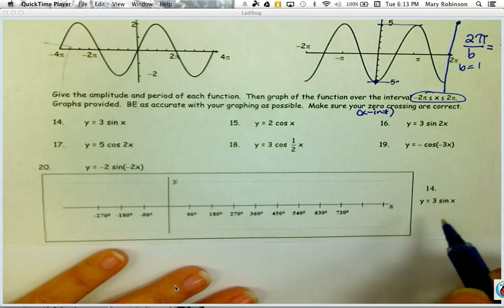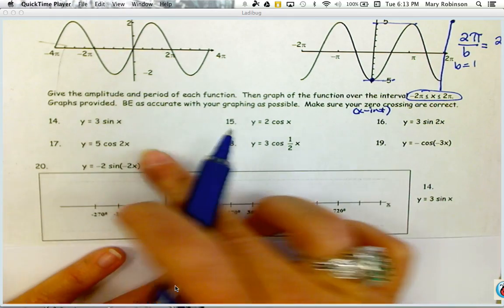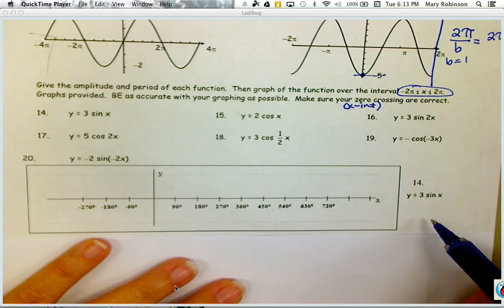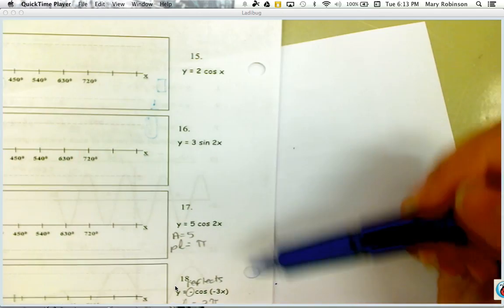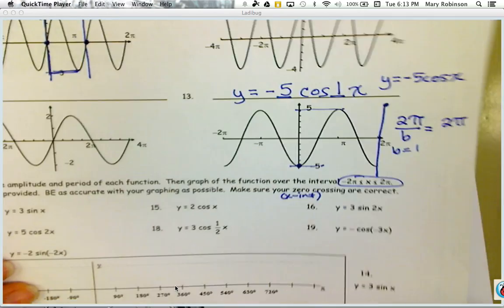All right. So instead of writing the amplitude and period up here, if you look at your graphs, you've got the function written beside each one. Well, find the one here on the back. The functions are written here on the side, so you can put your amplitude and period here if you like. So when we look at this function,